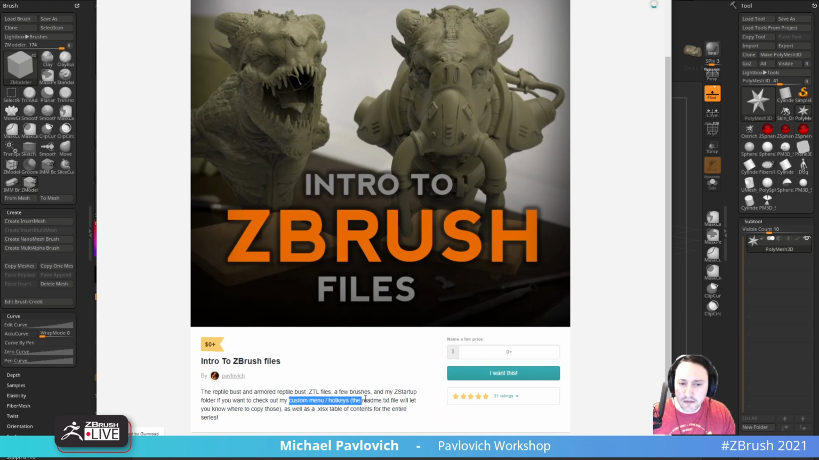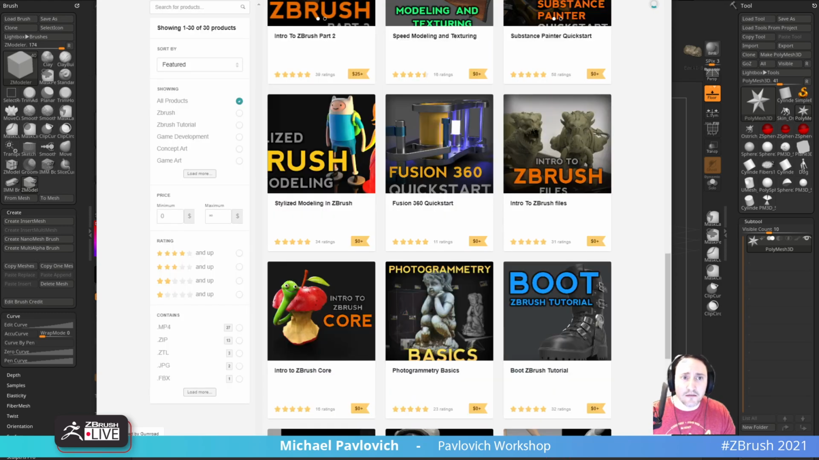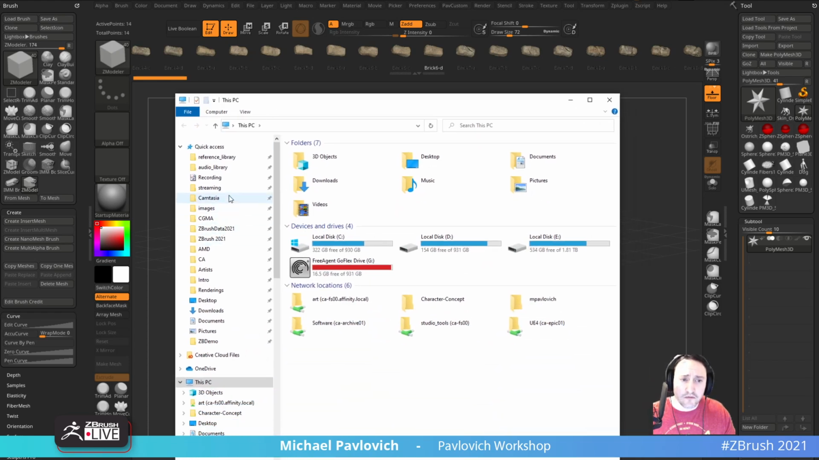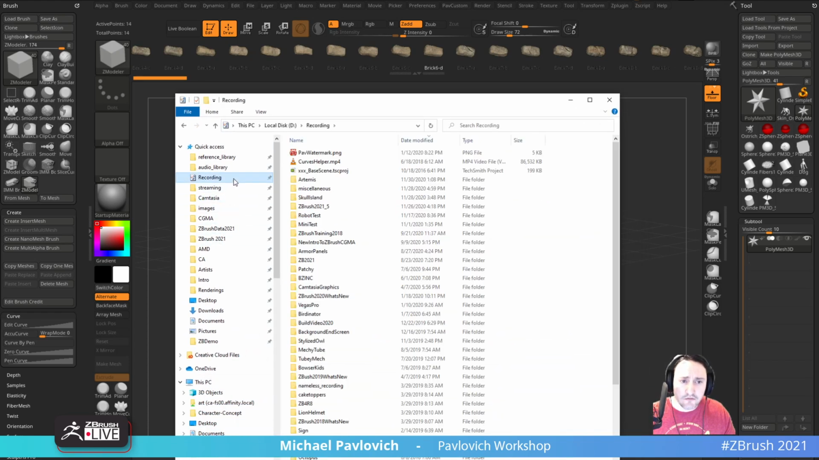I have my custom menu and hotkeys in this scene right here. I think it's updated for ZBrush 2021. I can't really tell you if that's true or not. I guess I can go in there and update it. But anyway, on my Gumroad page, if you want my hotkeys, I can just show those to you real quick. It's not that special. I would say whatever's comfortable for you is probably the better bet. But if you do want them,